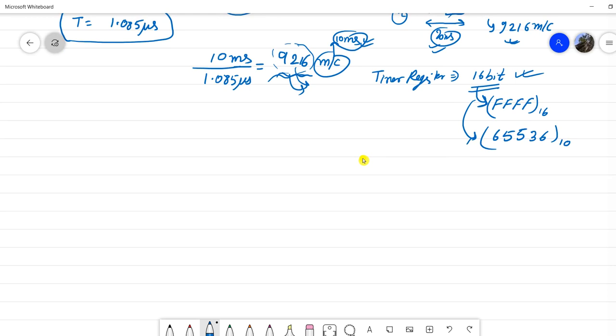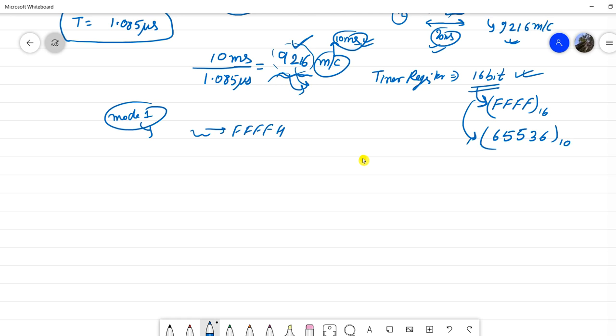And we know that in case of mode 1 programming, we are going to do mode 1 programming. In case of mode 1 programming, what happens? The timer rolls over to the final value, meaning it can start from anywhere, but eventually it will roll to the final value, that is 4FH. At the end it will roll to this, and we have to use this much amount of machine cycles, that is 9216.